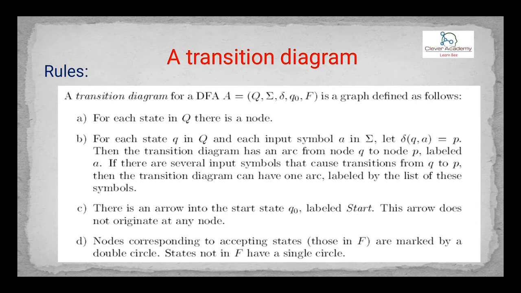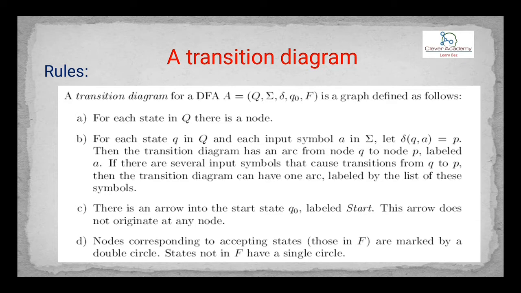Whenever we are going to define any transition diagram, you need to follow these rules. First, for each state in Q there is a node. Whenever you are drawing any transition diagram, you represent the states as nodes, same as in the graphical representation of graphs in discrete mathematics. గ్రాఫ్ ఎట్లయితే రిప్రజెంట్ చేస్తామో అట్లనే ఇక్కడ కూడా ట్రాన్సిషన్ డయాగ్రామ్ మనం డ్రా చేస్తాం. So whenever we are representing any transition diagram, each and every state Q should be represented as a